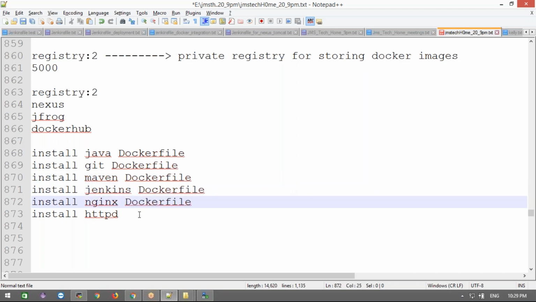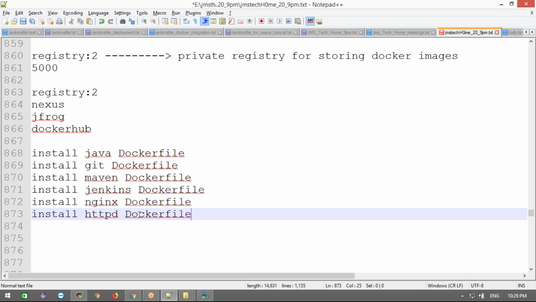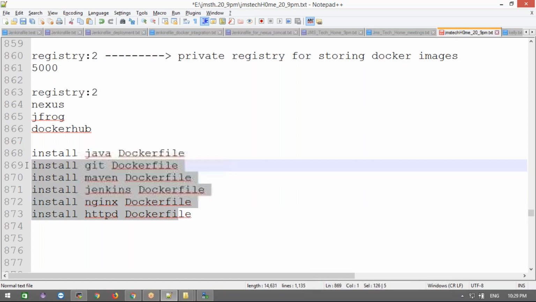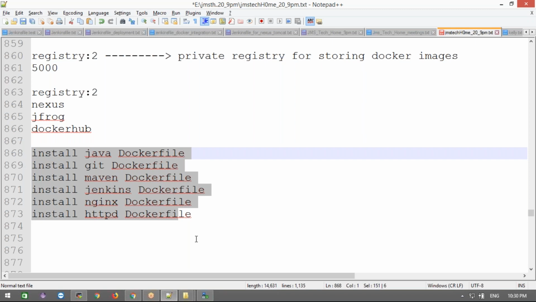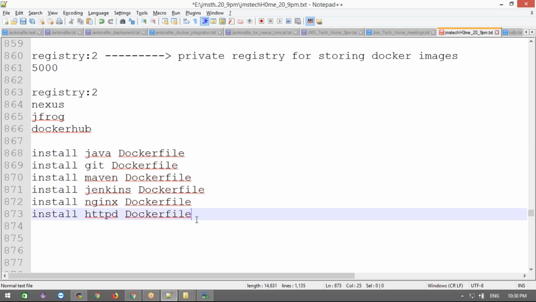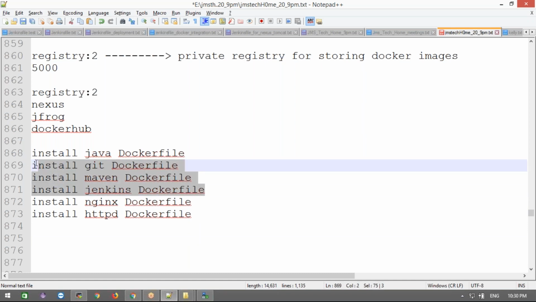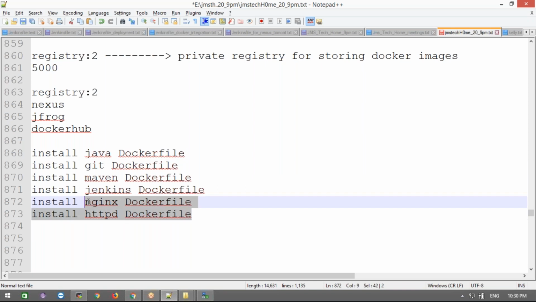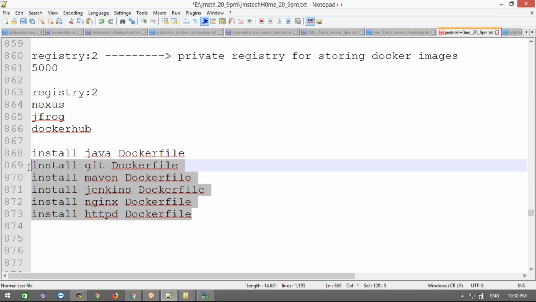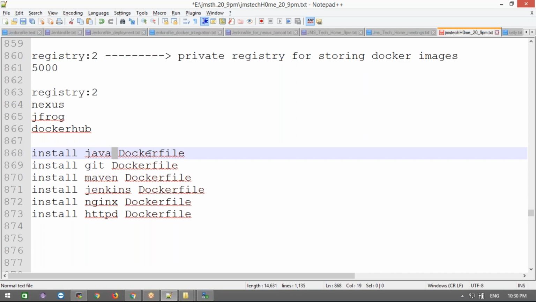Just make them, and those who are done successfully, share your Dockerfiles or instructions in our WhatsApp group. At least try with this. Two of them are very simple, and Jenkins also is very simple. For Nginx and HTTPD you will get thousands of examples on Google. Java also.